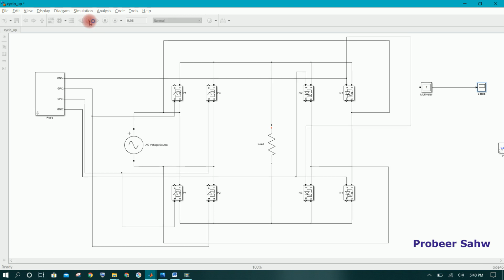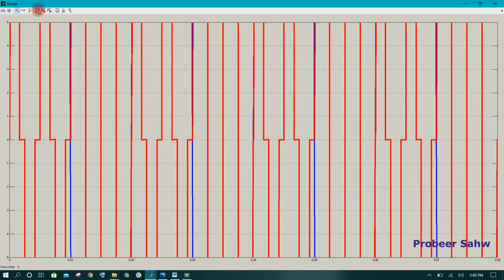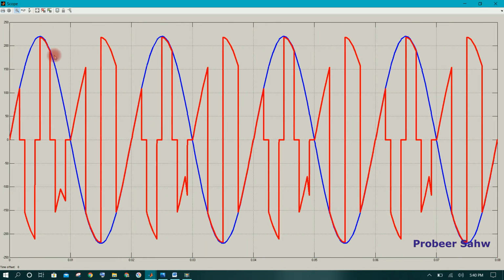Let us run this for 0.08 seconds. The simulation is running, simulation is complete. Now we click on the scope and we click on this button. We can see there is a little bit of problem in our output. So we have to check